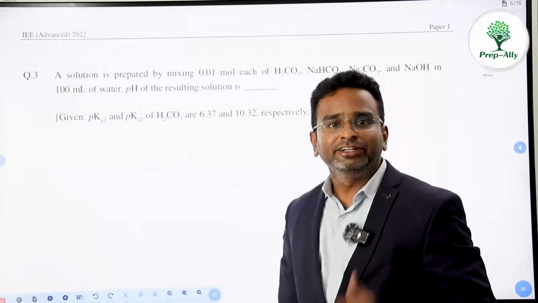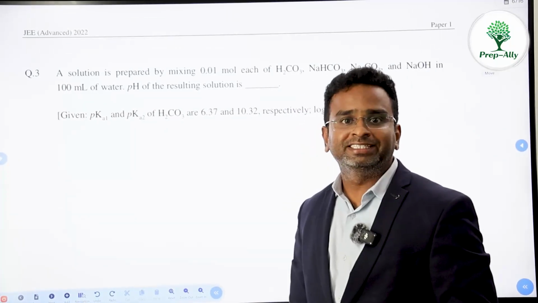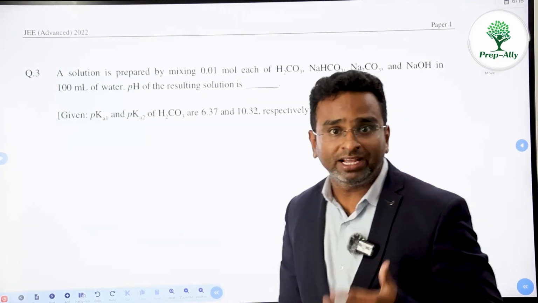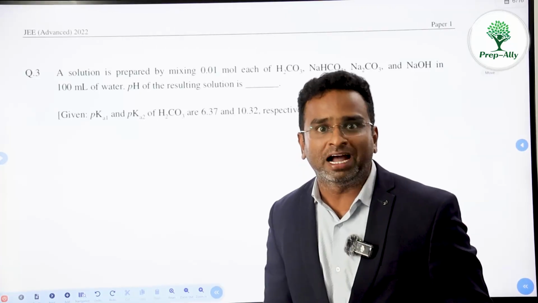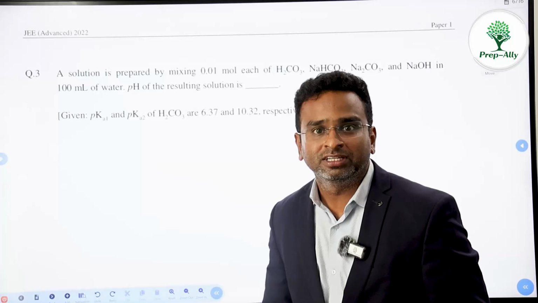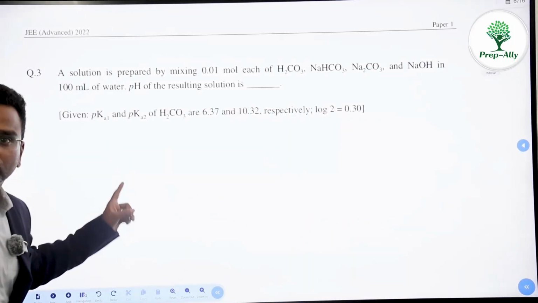That's all. In continuation to the previous question, let us solve a wonderful question which was asked in JEE Advanced 2022 as a numerical question. Actually, whatever concept we have discussed today, these questions we used to give 10 years back. Now JEE Advanced is asking similar questions. So that is the evidence. Now let us start solving this question.